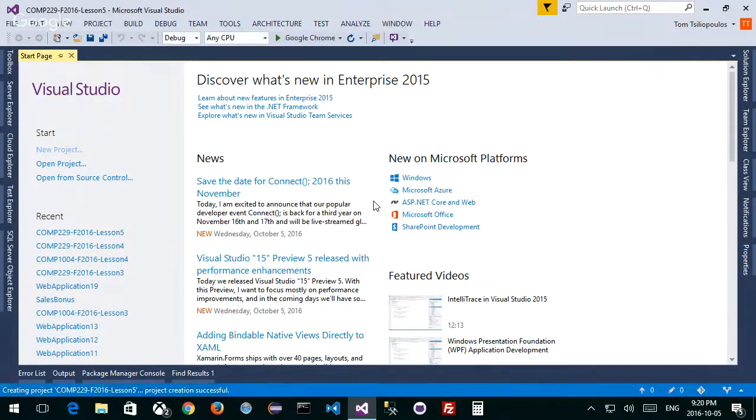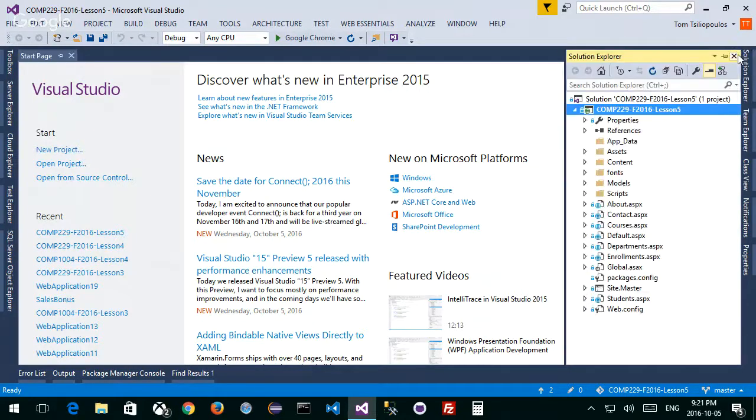Hey, I got a question for you smart people. Is it going to connect to my database? You say no. Anyone say yes? No, to my local database. Is it going to connect to my local database? No, you say no. Why no? Okay, but is it going to connect? It has in my web.config the configuration details for my database. Will it connect? Well, let's see. I don't know. Let's see what happens, right? I mean, I made a new folder. What was that? I like your thinking. Let's take a look, right?